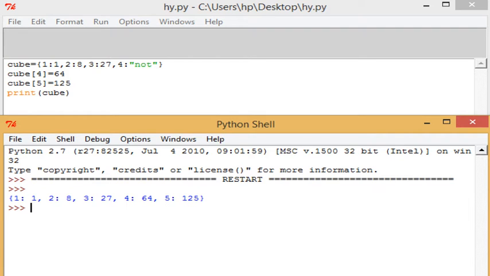As you can see in the output, up to 3 cube 27 we had the same. Then at 4, in place of the missing value we now have 64. After that we have also added a new entry, the cube of 5, that is 125. This way the first function of a dictionary works, adding a new value to it.